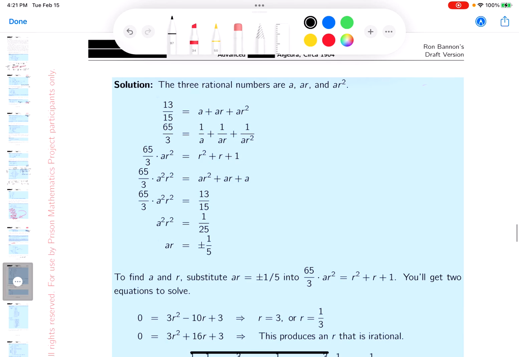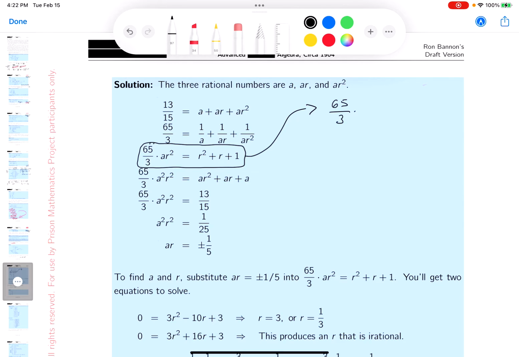So I'm looking at it, and I'm wondering, what could you do? I got A times R is plus or minus 1/5, and let's see what happens. I'll have to pick one of these. For the sake of argument, I'm going to try to get this one in terms of R. Let's see if I can do it. Someone says, why do you want the R's? I see the R's on one side, but the other side has an A in it. So I'm going to write this down, 65 thirds times